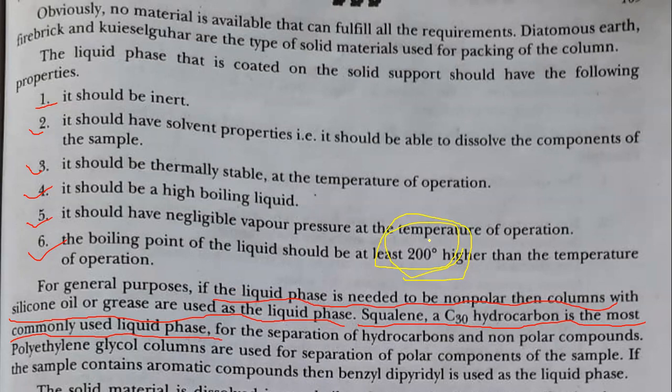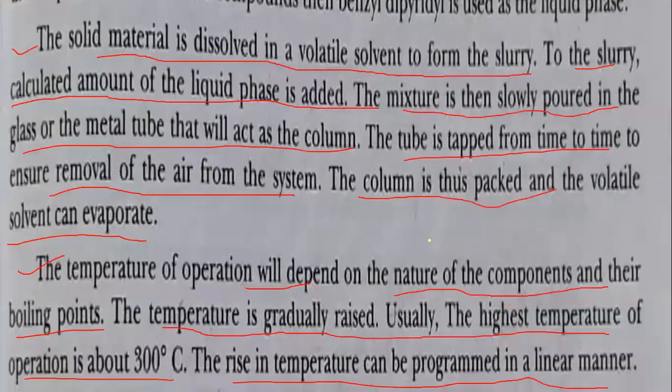Squalene and AC30 hydrocarbon are the most commonly used liquid phases in gas chromatography. If we are using the stationary phase as a solid, then the solid material is dissolved in a volatile solvent to form a slurry. And what does volatile solvent mean? It means that when we fill the slurry into the column,